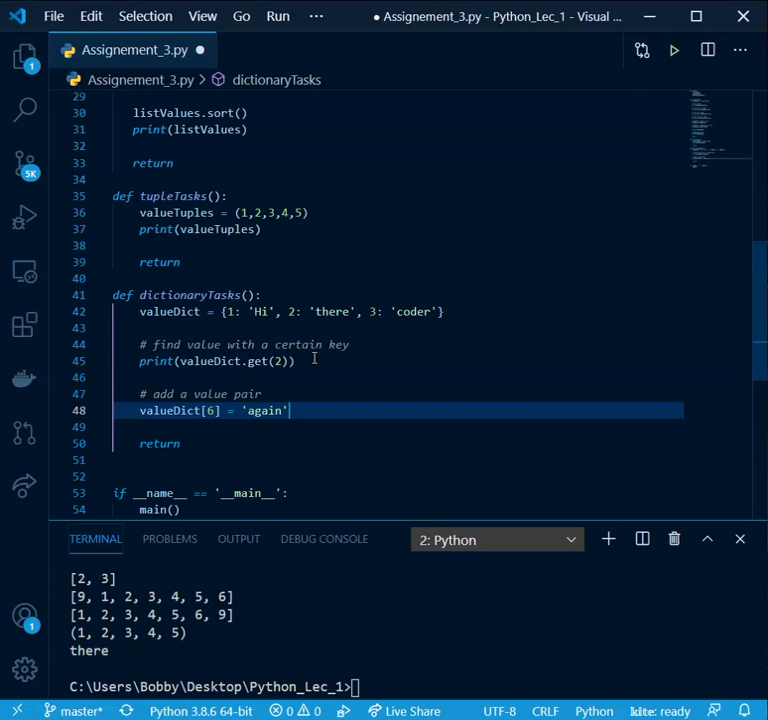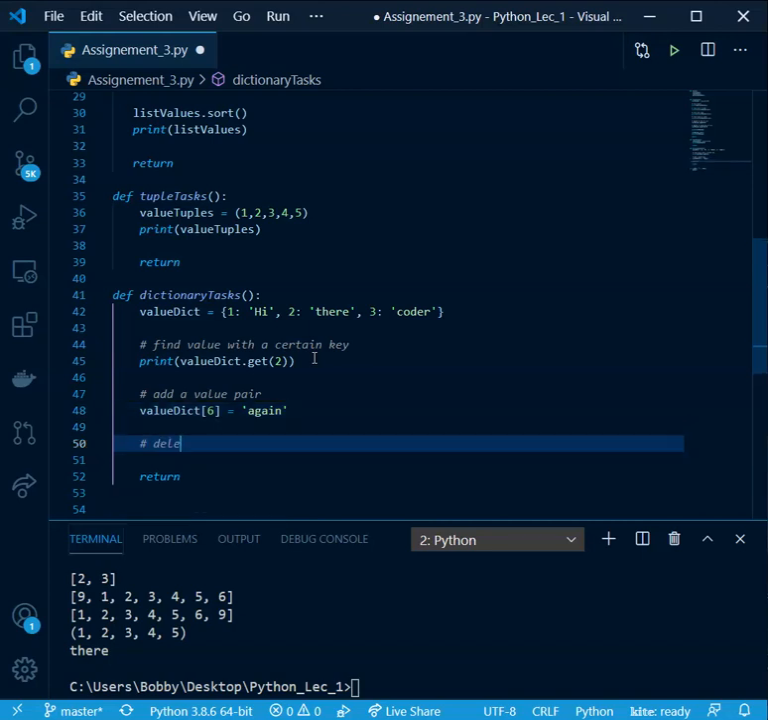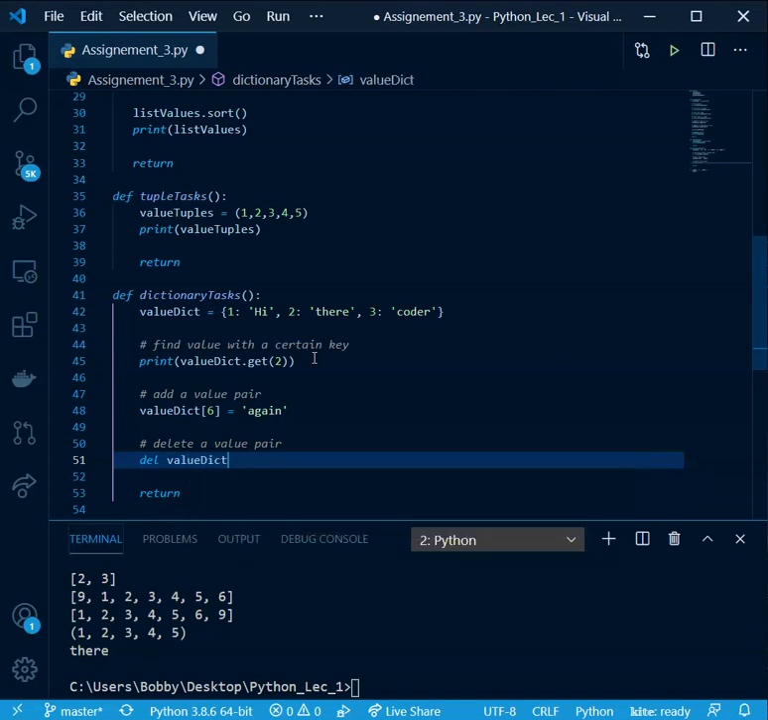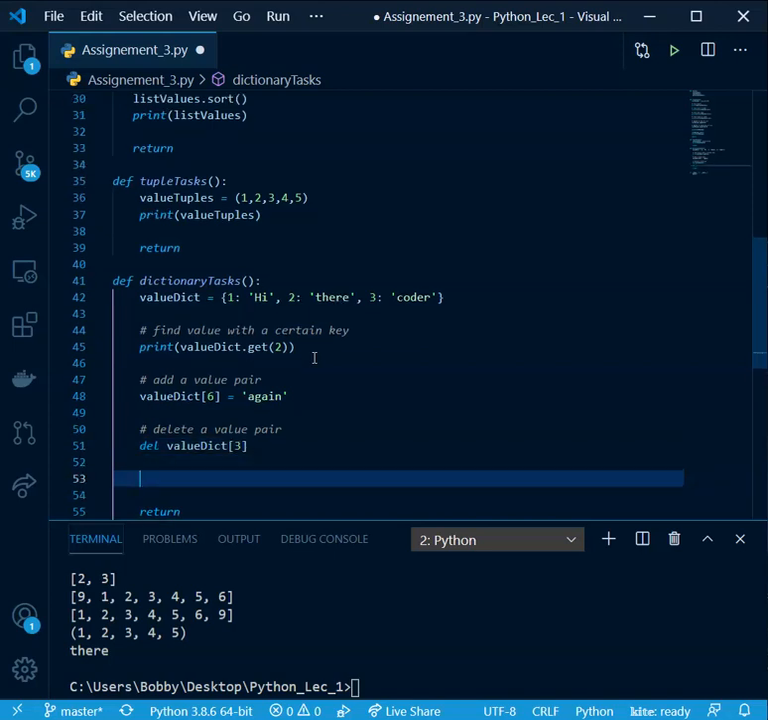Before I put it all together, we'll do a couple of commands. The next one is to delete. And so we're going to delete, what should we delete? We'll delete coder. So we're going to delete the value pair 3, and all that is delete value dict, and all we need to do is give it the key. And that's it. Okay. So now all we need to do is print the keys, and so let's, I want to, oh my goodness,